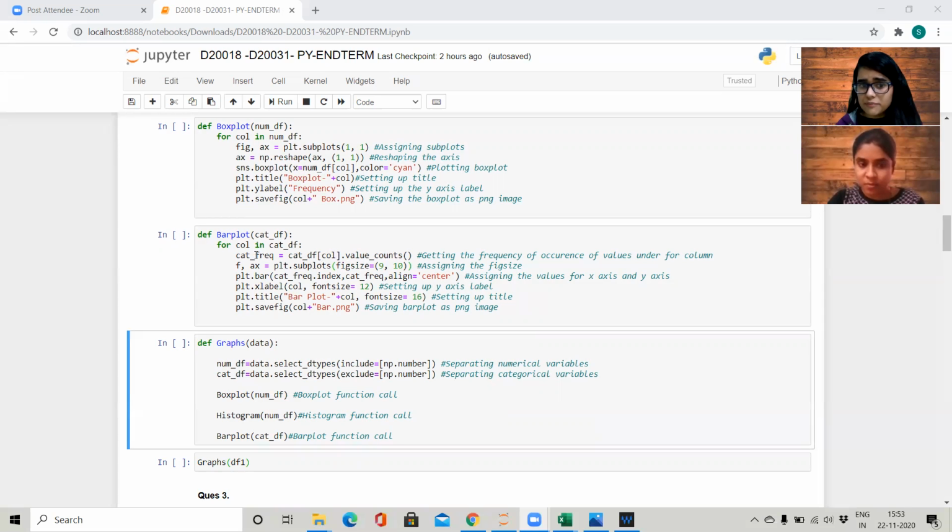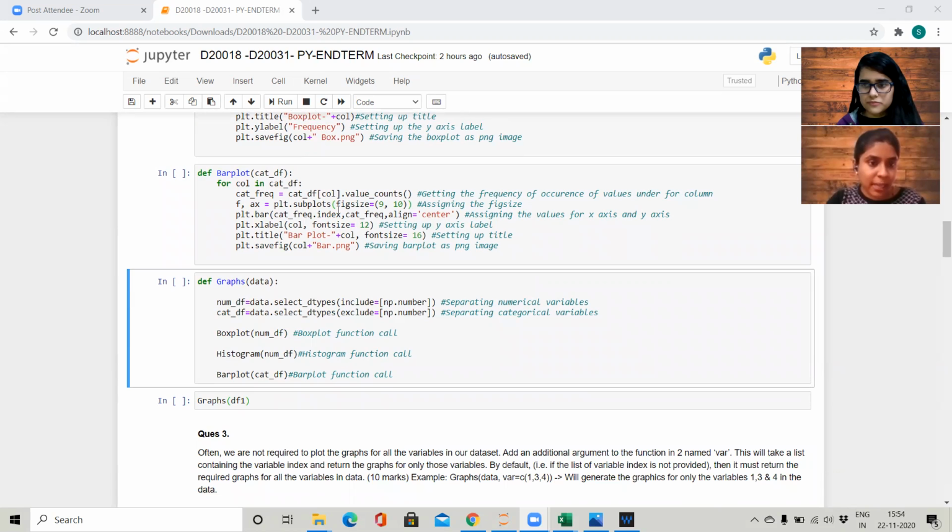In the cat frequency variable, we then assign it to the x as well as y variable and then plot a bar graph. Before this, we are assigning the figure size as well as the subplot and giving it the X label and title and saving it as a PNG file, done the same as for box plot as well as histogram.